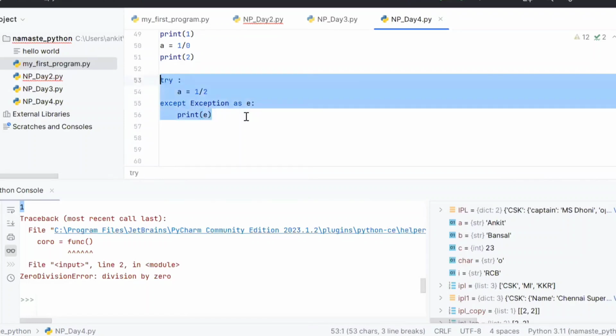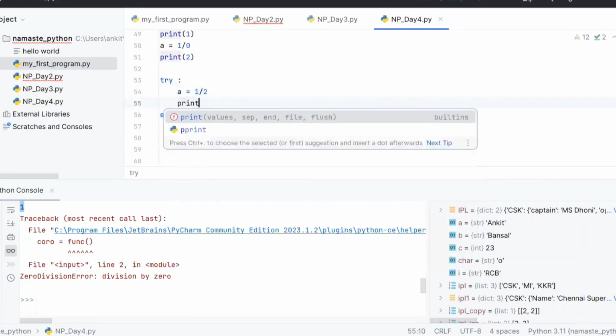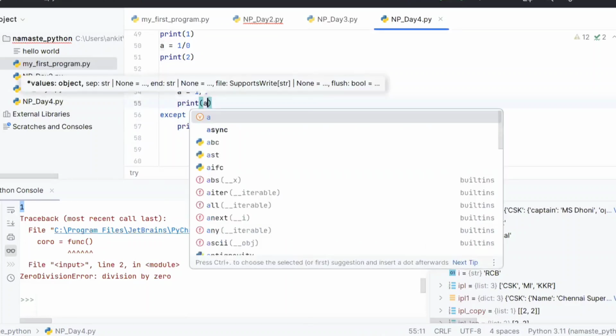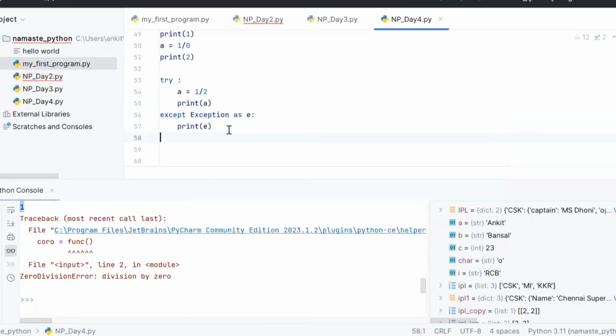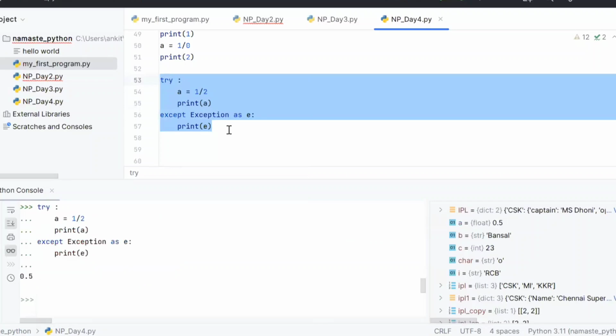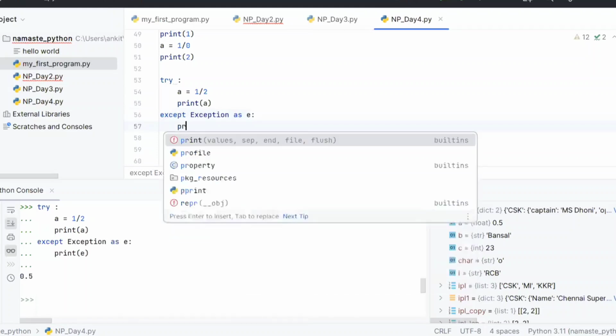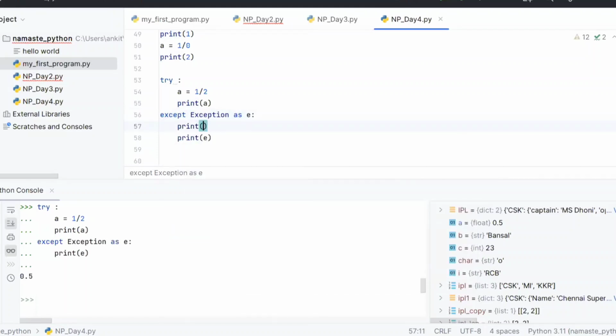So if I run this program now, and let's say print A, it is running normally. So it will not go in the exception block at all. So let me print this is exception block.